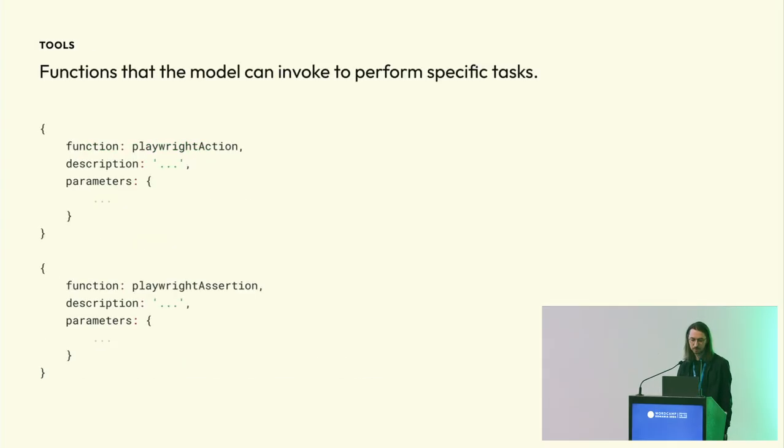Next, the tools. The tools are practically functions that exist in our code. And we let the LLM know about these functions because we want to delegate the decision to the LLM. So the LLM decides which function should be called. We are not going to write complicated conditions. The LLM is responsible for the decision.